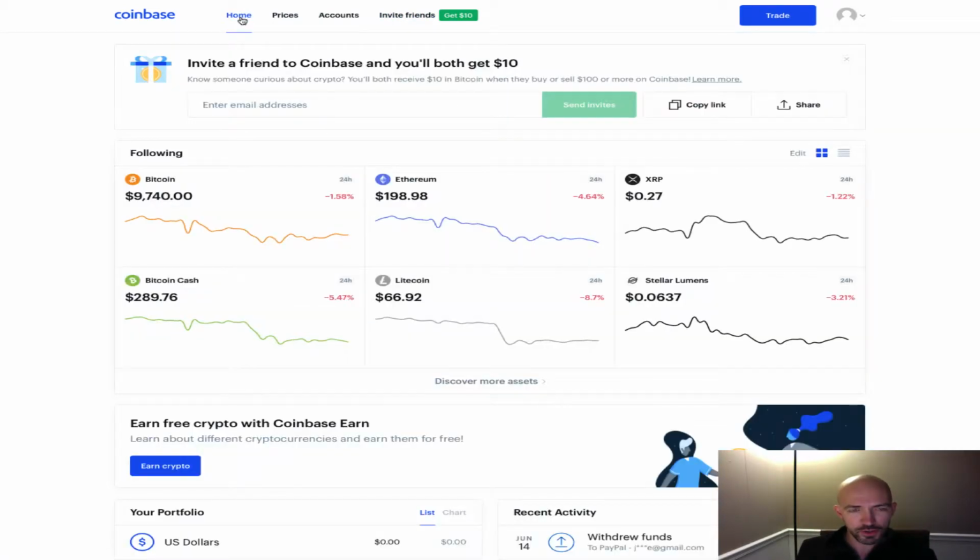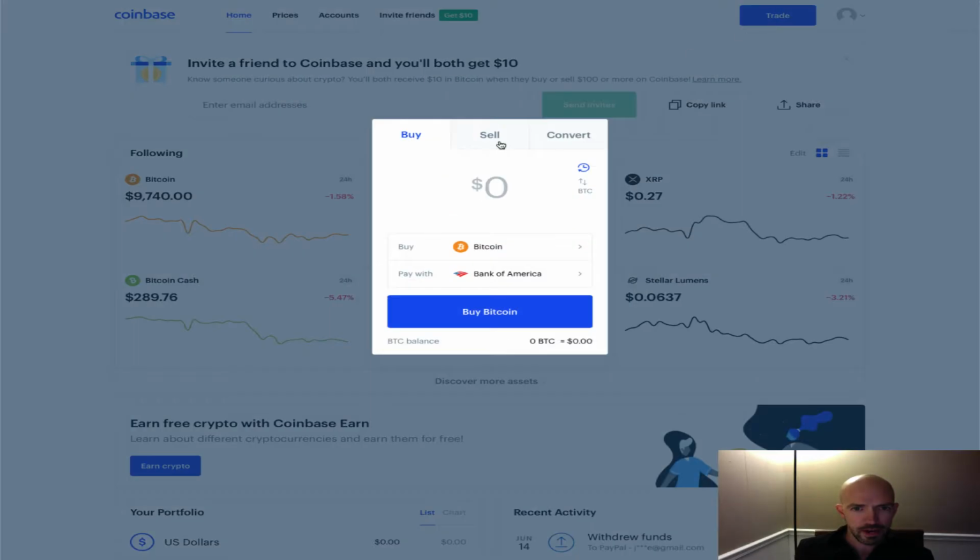And then this is what you're going to want to do. You're not going to want to cash it out. Don't cash it out because you came here for Bitcoin. You want free Bitcoin. Now you have $120. You're going to go trade and you're going to buy $120 worth of Bitcoin, and you're going to pay with your